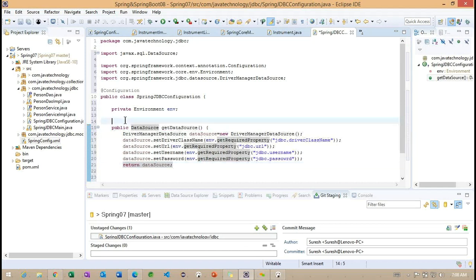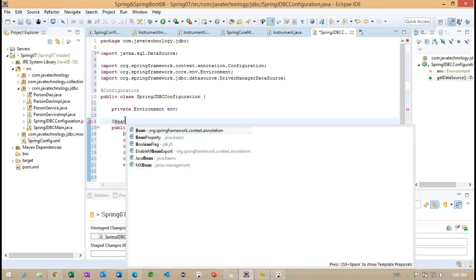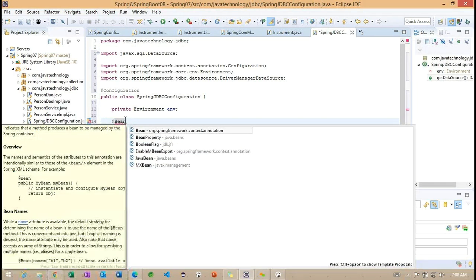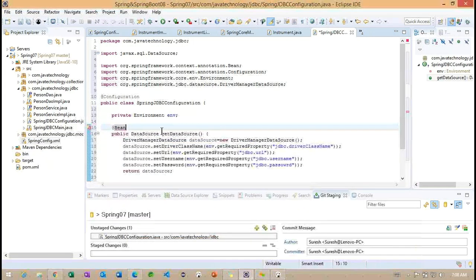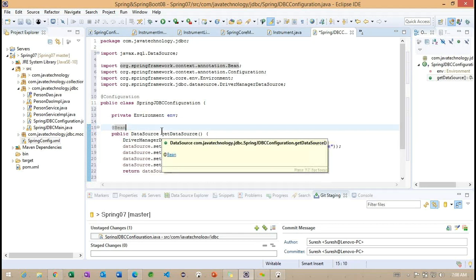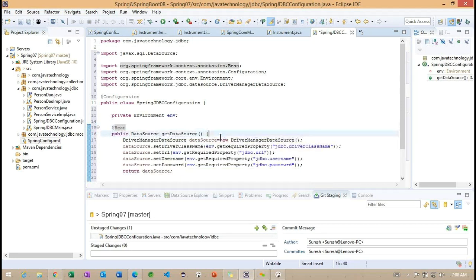And now what I'm doing here, I'm adding the Bean annotation here. So understand, the thing is, in a Spring configuration XML file, instead of using this particular annotation, we'll use it, and this is an example, something called bean ID, right?